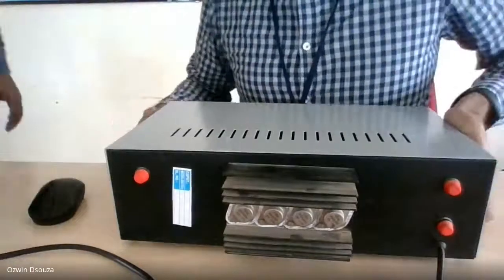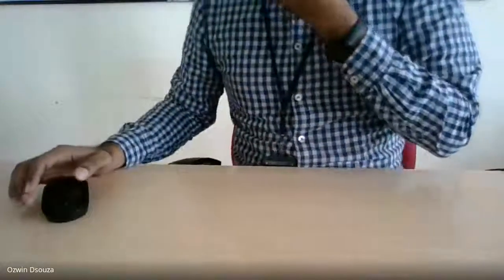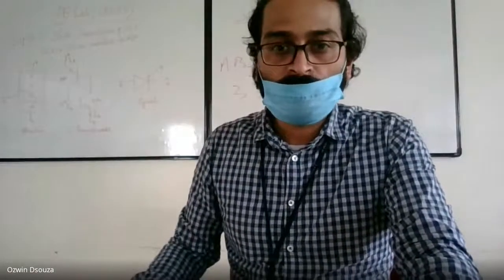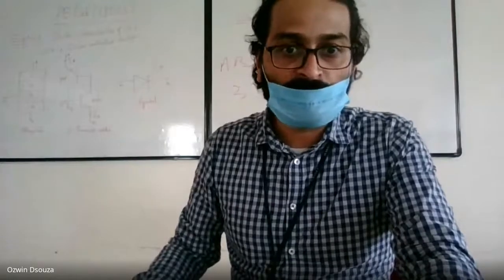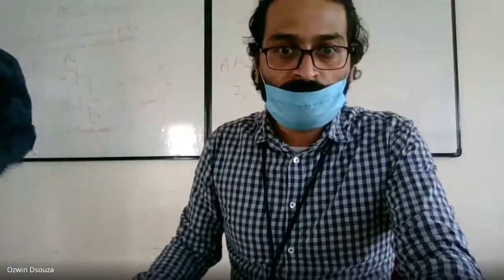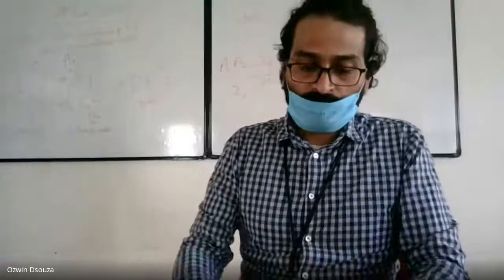All right, so that's about your DC power supply. Having said that, I think I can move towards the other elements. Let me mark in my sheet what I have covered. Yeah, active elements I have covered. Now we will come to the diodes.